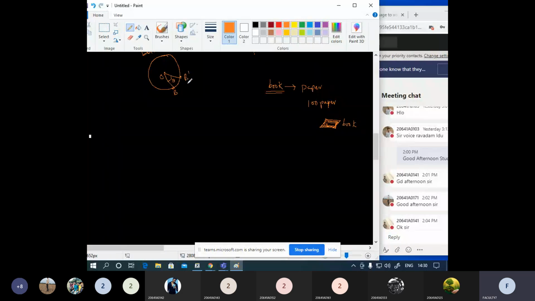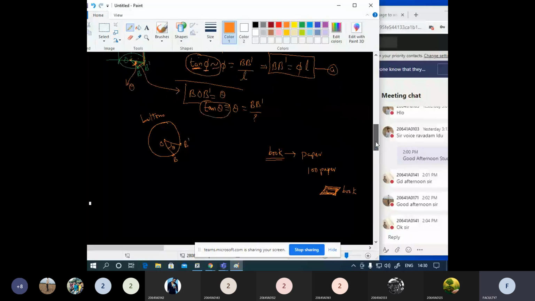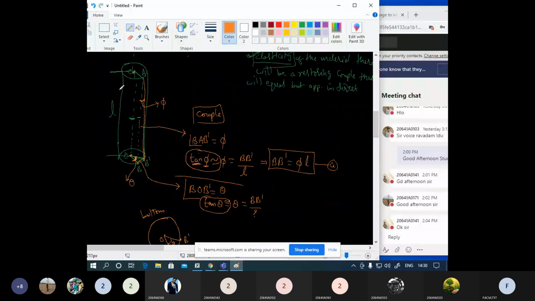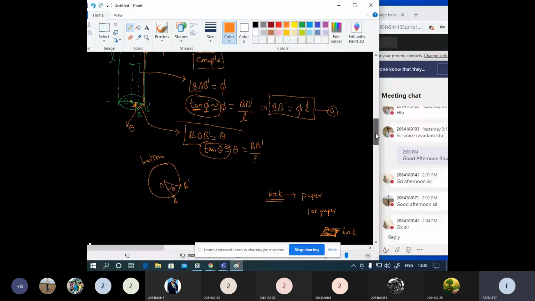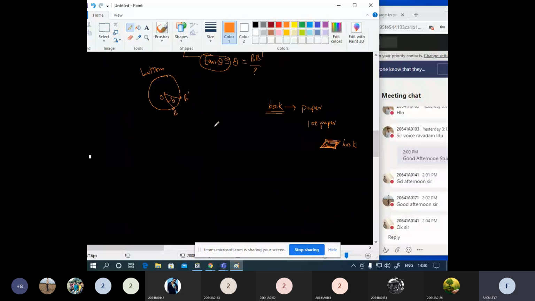Now, similarly here, we are considering this as a cylinder, the wire as a cylinder. Now we are going to consider that it is made of a number of hollow cylinders. So how can we expect that? Let us see. Consider this as an outer cylinder. Try to understand what is going on here. We are dividing the entire cylinder into a number of cylinders.